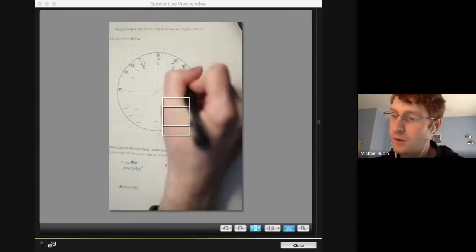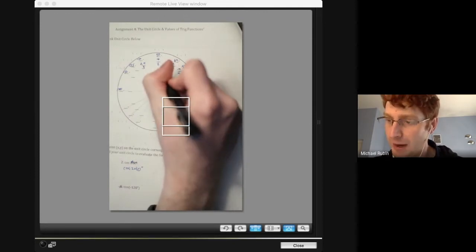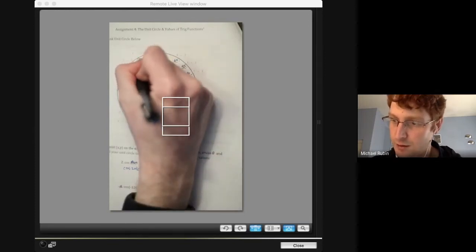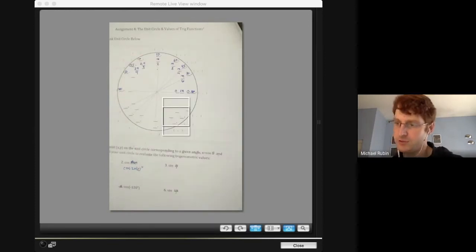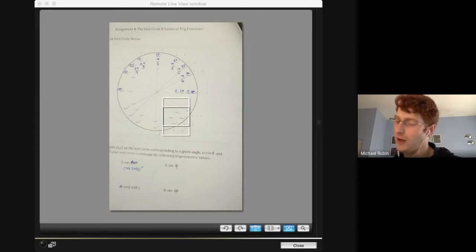I could find all the 45-degree angles, or the pi over 4 angles, because that's 1 pi over 4, 2 pi over 4, which simplifies to pi over 2, and that's 3 pi over 4, and so on and so forth. And that's how I go about labeling all the angles of the unit circle. I'm not going to finish it. I recommend that you try to finish that by hand, and then you can check your work